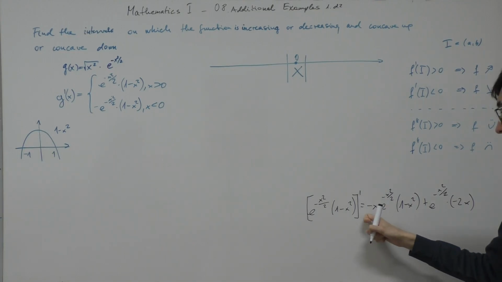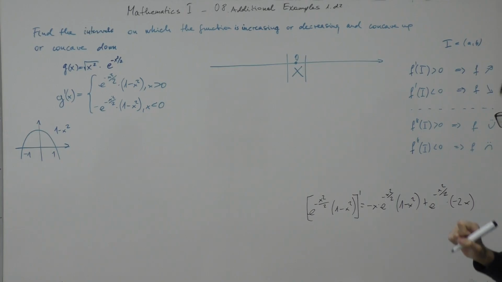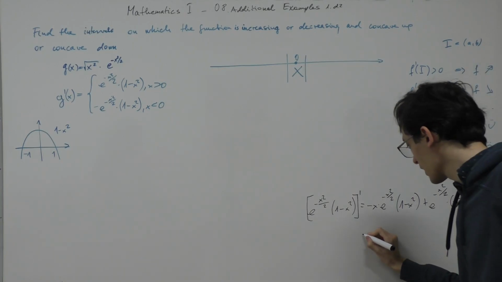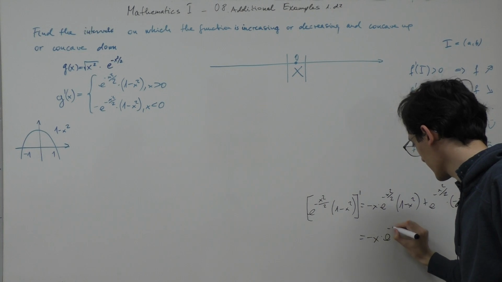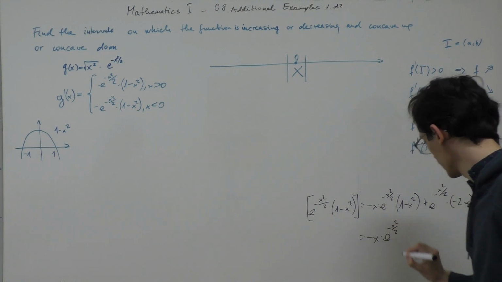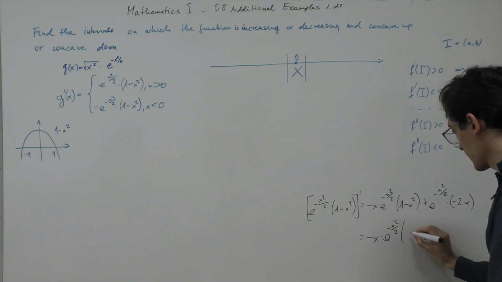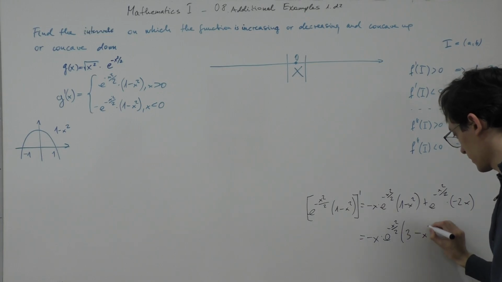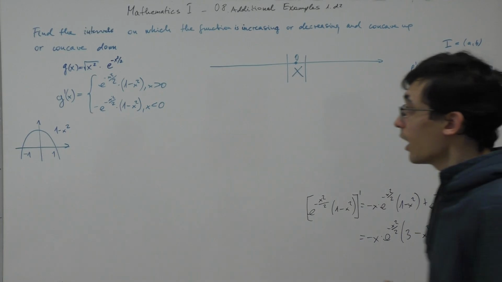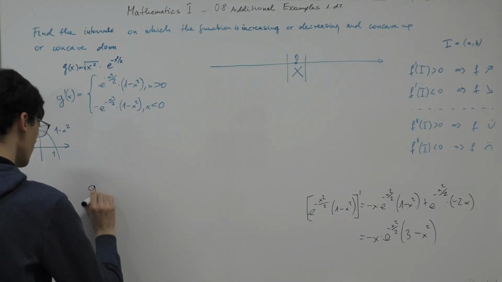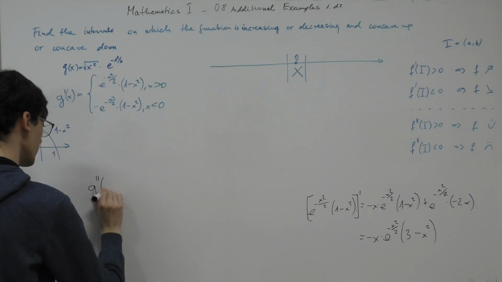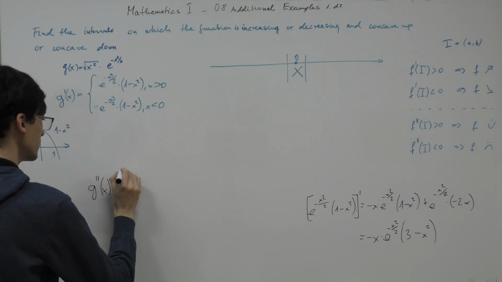We can factor out negative x times e to the negative x squared over 2, giving us negative x times e to the negative x squared over 2 times 3 minus x squared. So our second derivative function will be g second derivative of x equals,